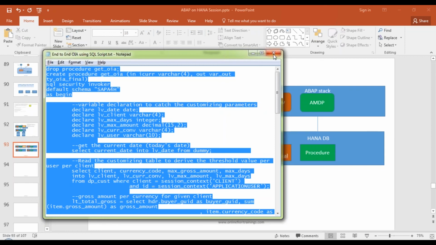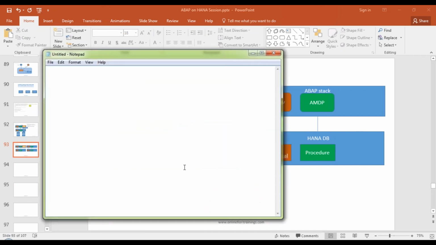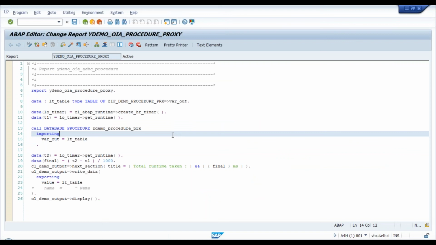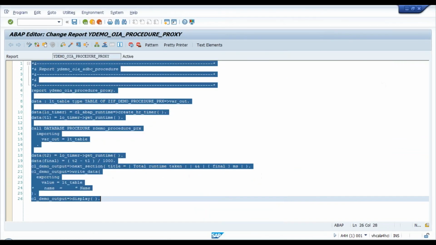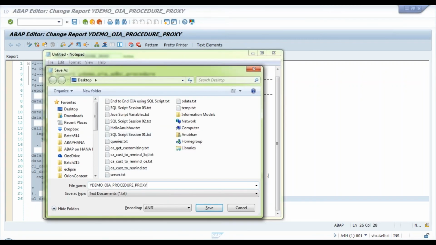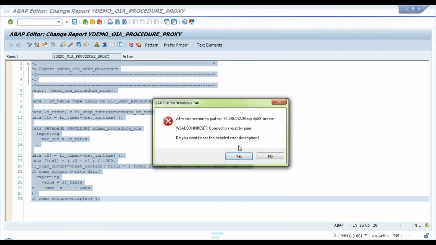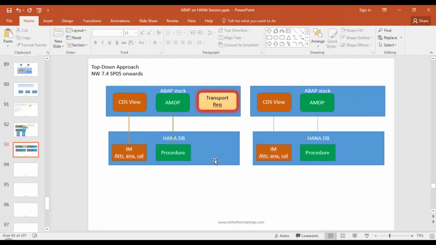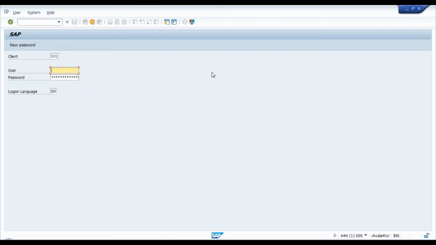Let me quickly copy the programs in the meantime into notepad files and then give you these notepad files. So whatever ABAP programs we have created, one was this one, using a procedure proxy. So this is the program name. Let me save this quickly on my desktop so I can give this program before I shut down the server. Oops, did it close? I don't know. Let me check. Okay, it's still there. I did not shut down still. So let me just go ahead and copy these programs.